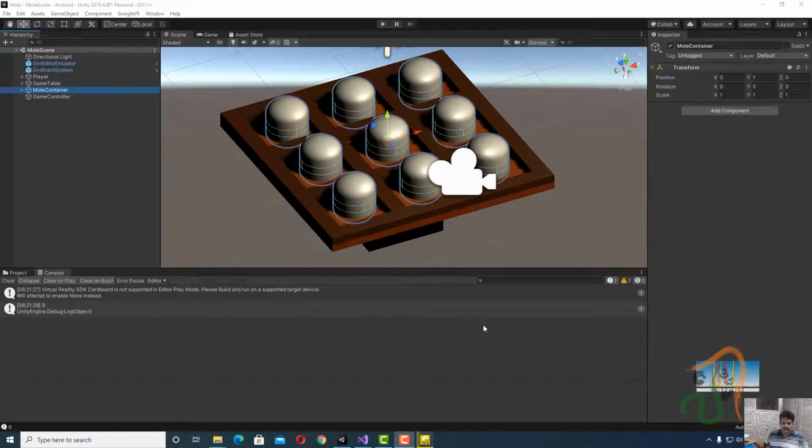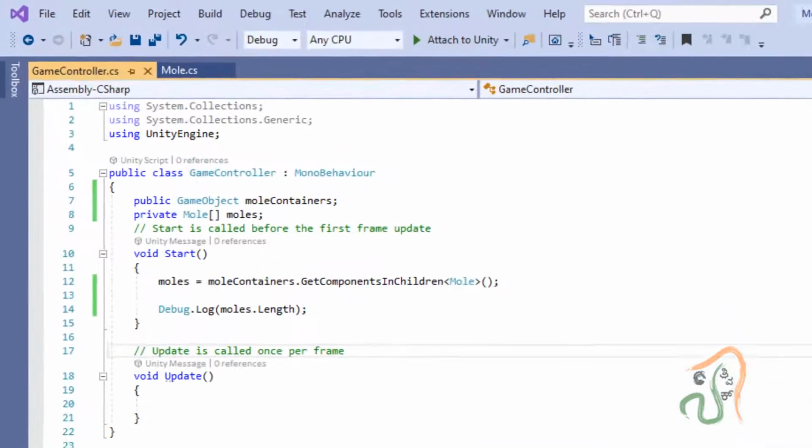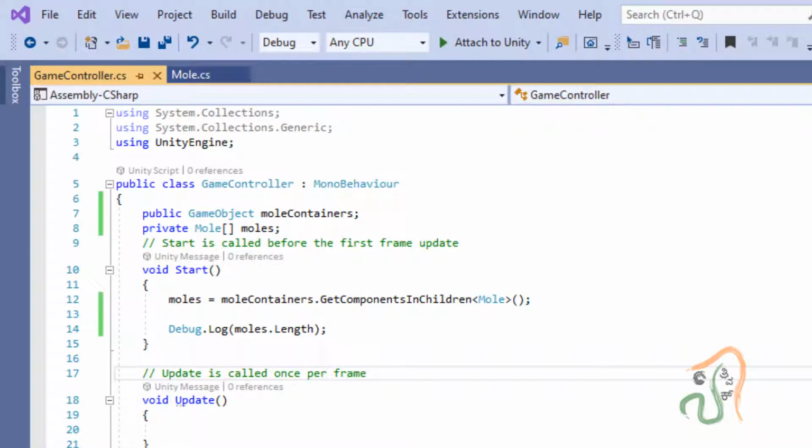Once this is running fine, come back to the script. The next thing is we want the moles to rise one by one, and to make this happen, let us come to the mole script.